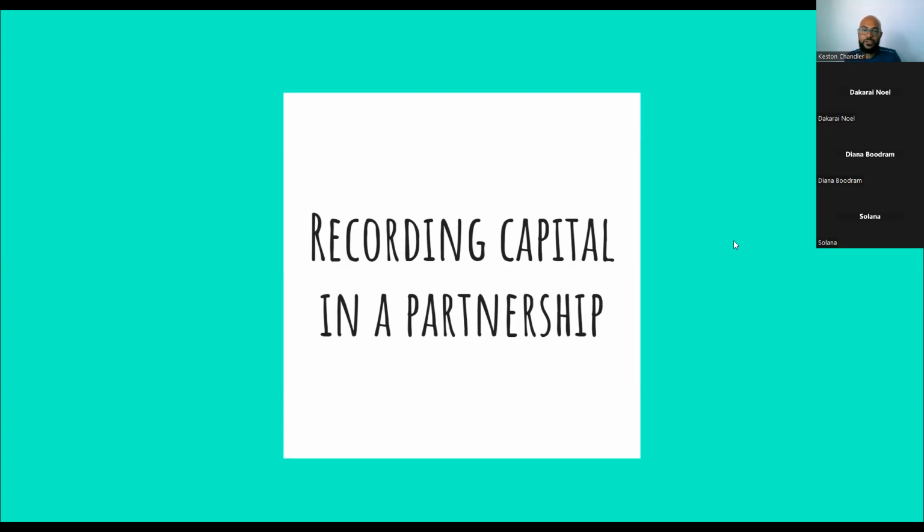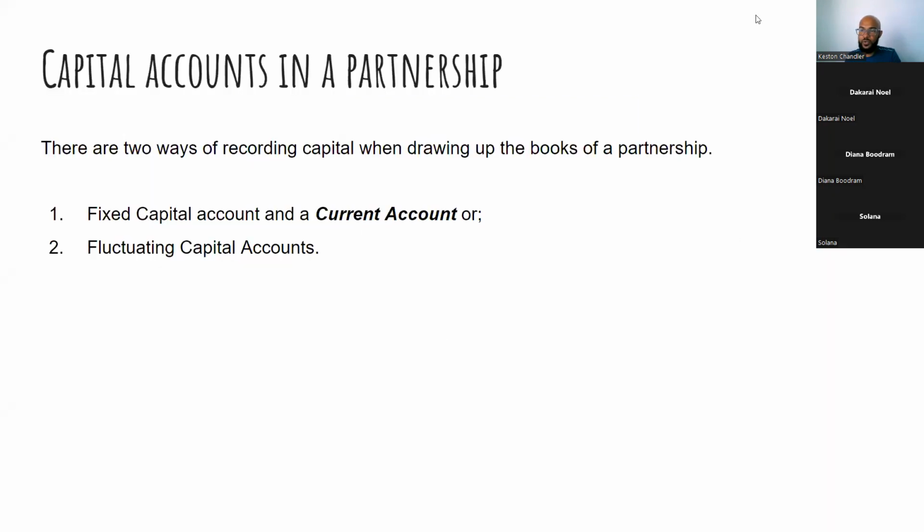Recording capital in a partnership. Now, as I mentioned, there are two ways of recording capital when drawing up the books of a partnership. The first way is the primary or the preferred method that I spoke about, which is keeping a fixed capital account and a current account. Basically, there you have one capital account where you will list the balance or the capital amount that was contributed initially. And then you'll have a current account where you are tracking the fluctuations as the years go by to